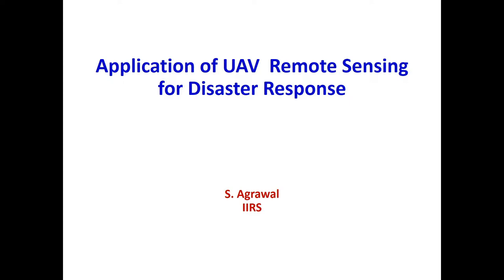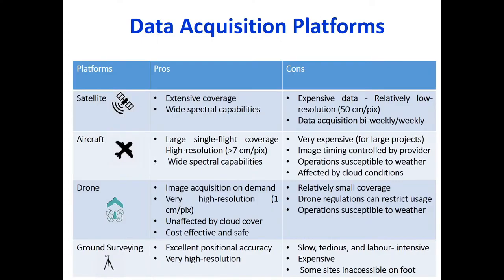Right? So, as you all have been listening about remote sensing, you know that remote sensing basically refers to capturing of information at a distance, that is remotely, by specific instruments called sensors. Traditionally, remote sensing has been associated with satellites or manned aircrafts with a set of sensors on board these platforms. Now, each of these platforms, whether we talk about satellites or aircrafts, have their own advantages.